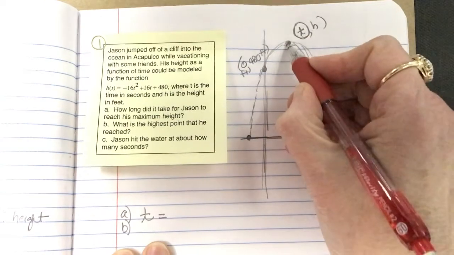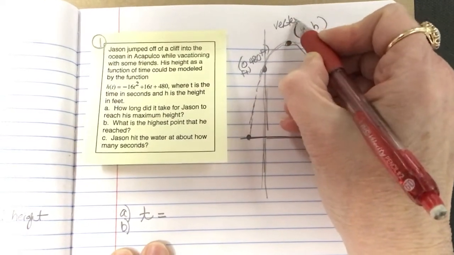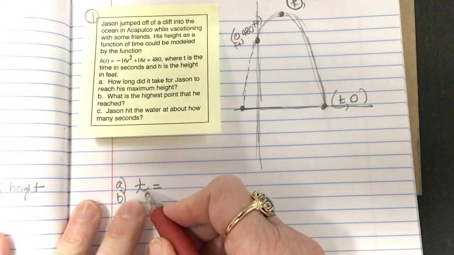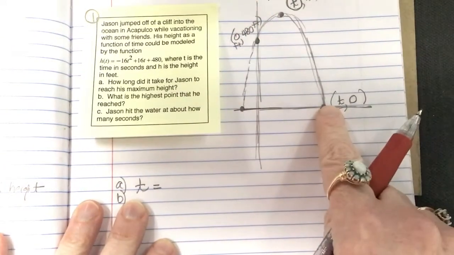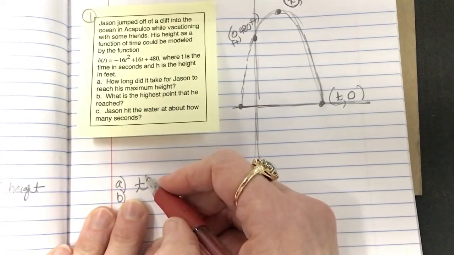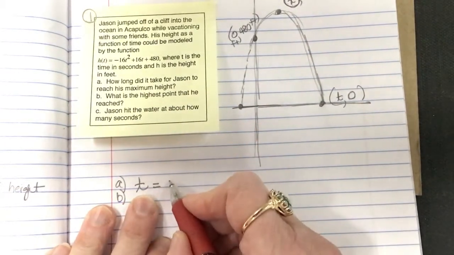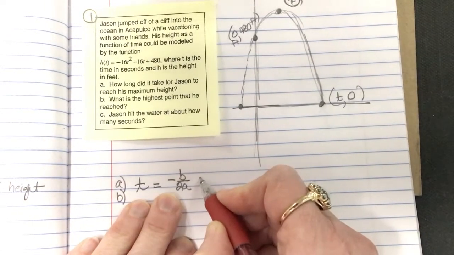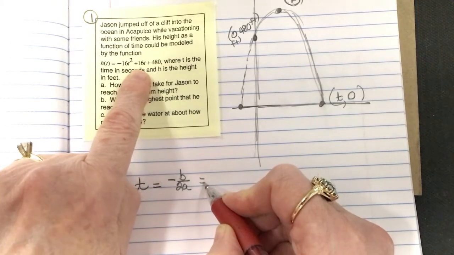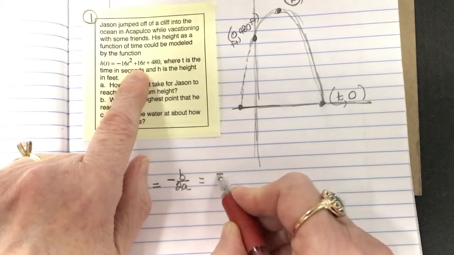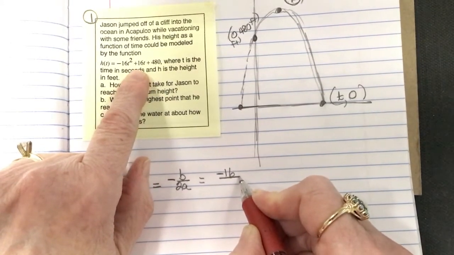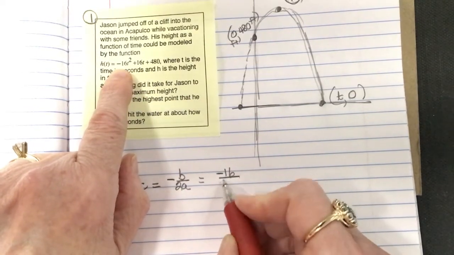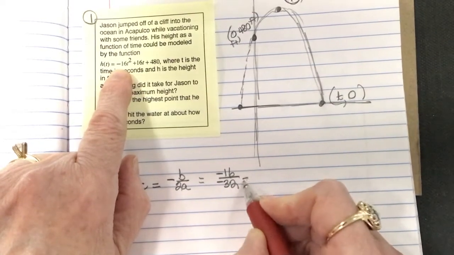See, think about it. This is the vertex. That's that negative b over 2a. So this is, and I don't want to say maximum time, because maximum time would be how long he's above the water. So we can just say it's the time at the vertex, I guess is the best. I think if you put negative b over 2a, you'll be okay. And then you'll have opposite of 16, because b is 16. So I've got negative 16 over, and then 2a is going to be the same. As long as you're on Earth, it's going to be 2 times negative 16 is negative 32, which reduces to